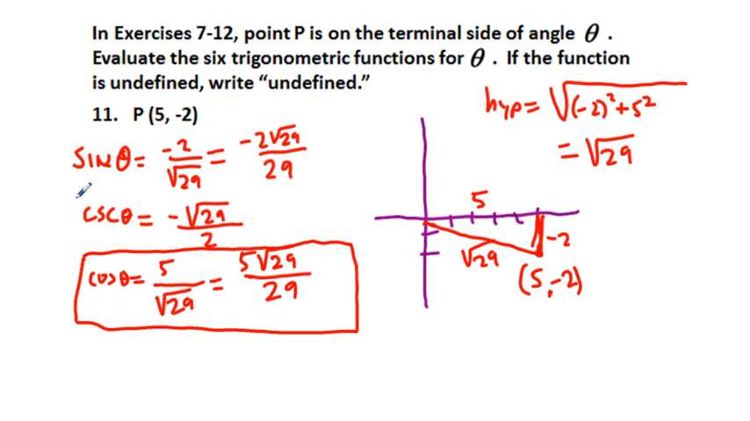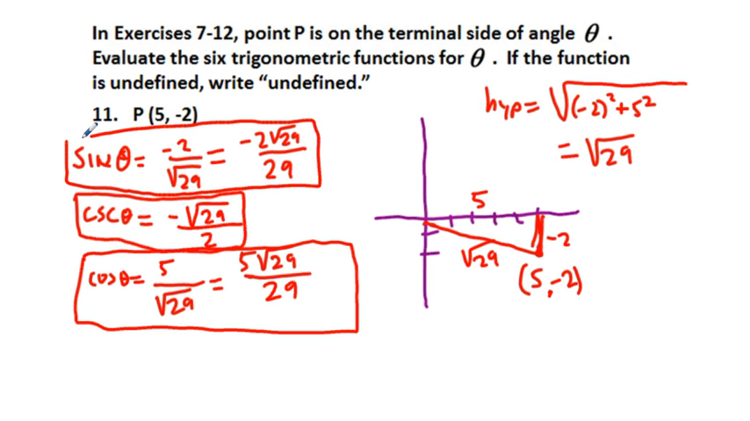All right, so let's see, I forgot one thing, didn't I? I forgot two things, actually. Okay, secant theta is going to be the reciprocal of cosine, and so we're going to have square root of 29 over 5. The cotangent, tangent,